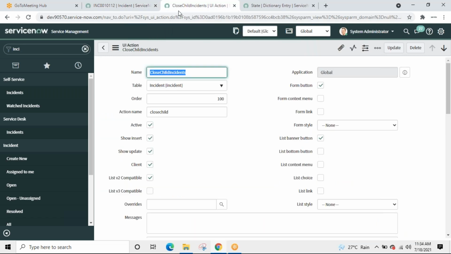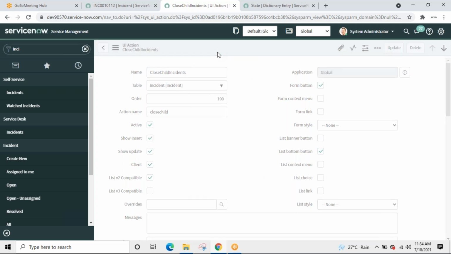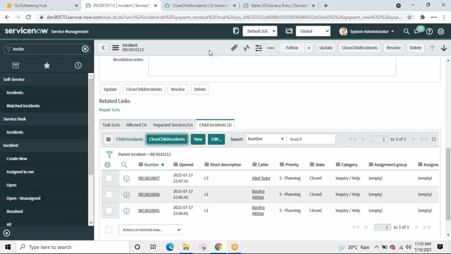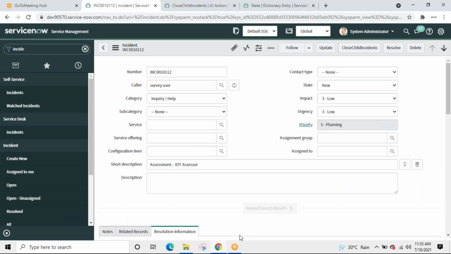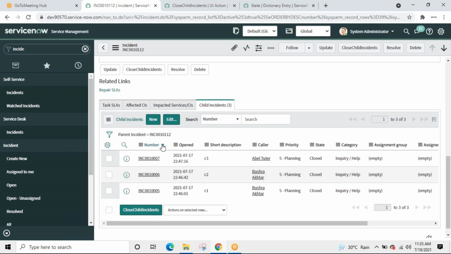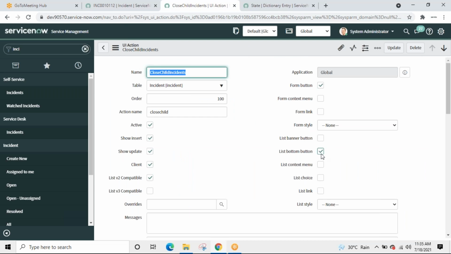From here, uncheck, list bottom, save it. Reload the form. List bottom, right? See, list bottom disappeared from here. All up to you. It will do the same thing. See, come back, uncheck,